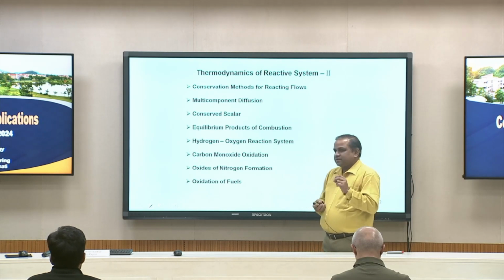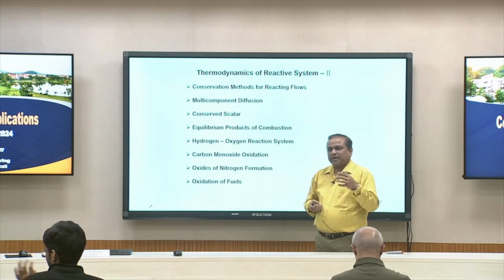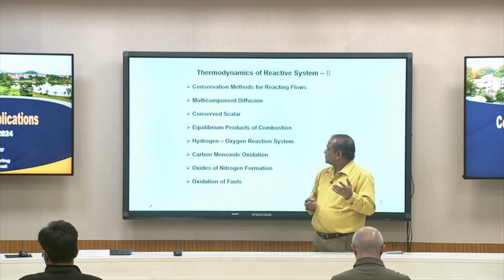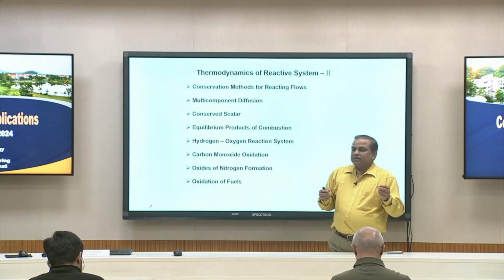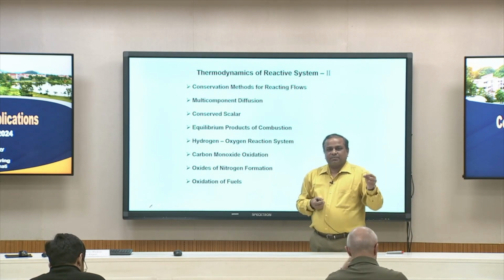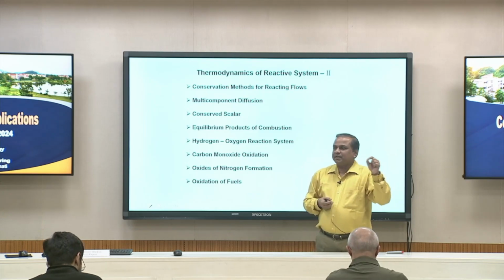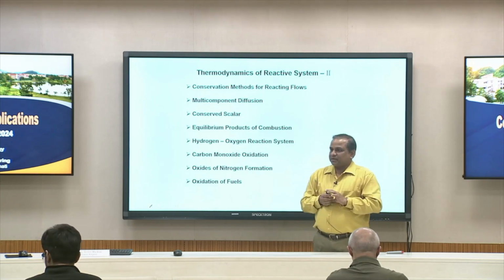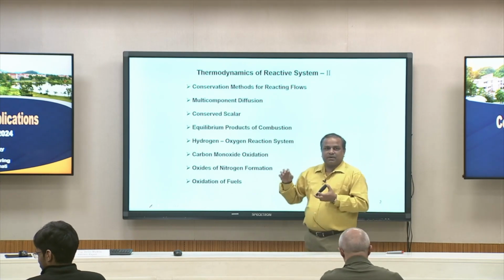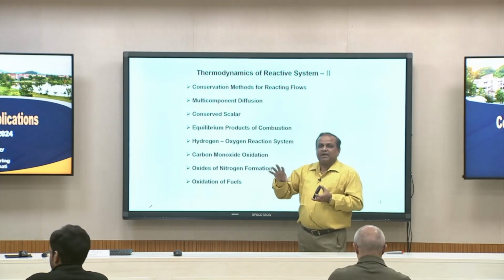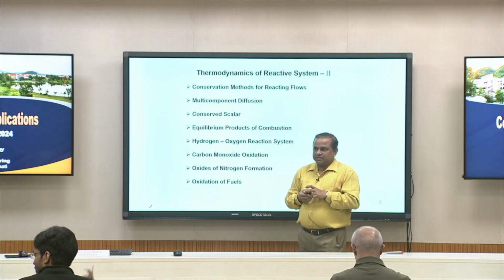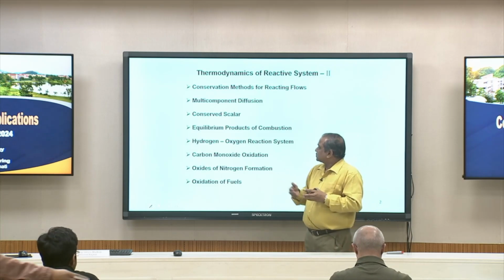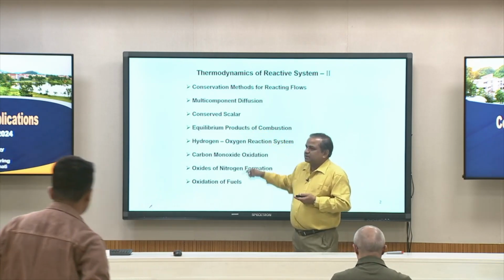So for that reason, we have to find another parameter apart from phi, through which we can keep the fuel identity, one parameter to be conserved everywhere in the flow field or in the domain. Equivalence ratio is one kind of conserved scalar, but it is not true for all kinds of situations, pre-mixed or non-pre-mixed. So that way we define a term, conserved scalar,